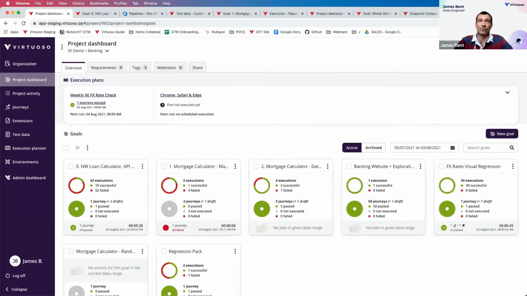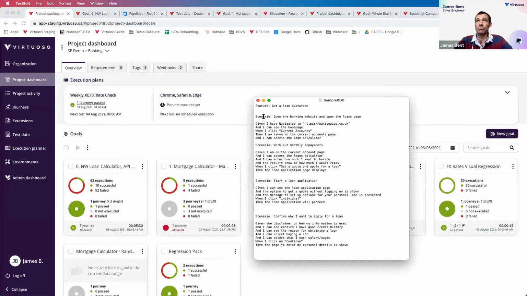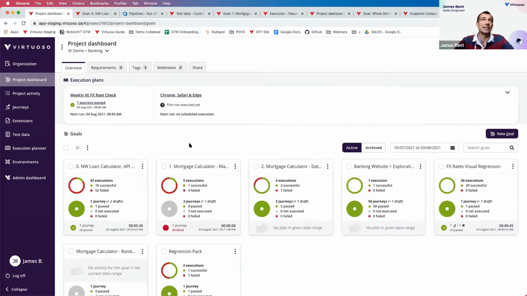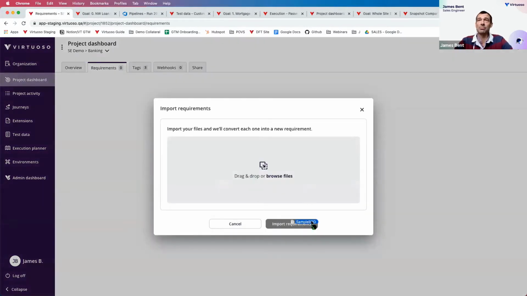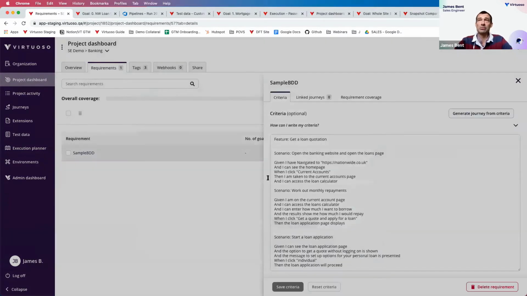requirements. If you're, let's say, working with putting together BDD requirements, such as I'm showing on screen here, that's the point at which you can start creating your automated tests way prior to a developer even starting to lay down code. And the way we do that is by allowing you to import requirements directly into Virtuoso. So I could take my BDD requirements and drop them into the platform, bring them in, which obviously now I've